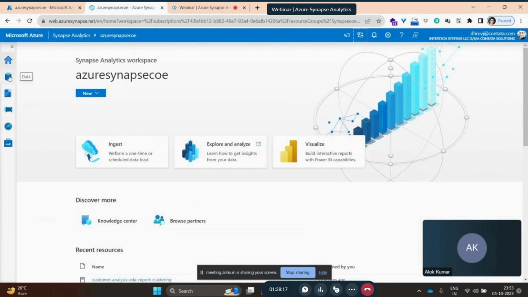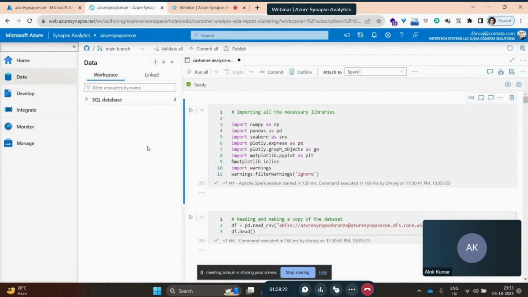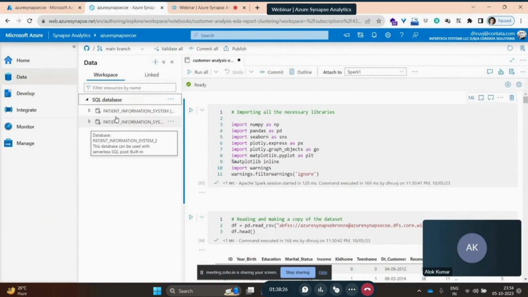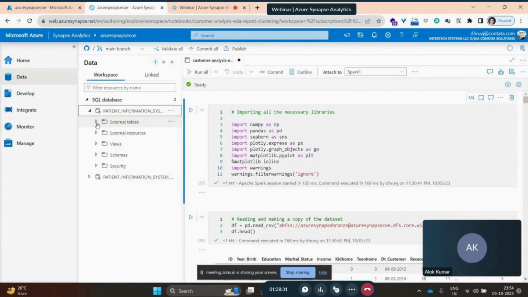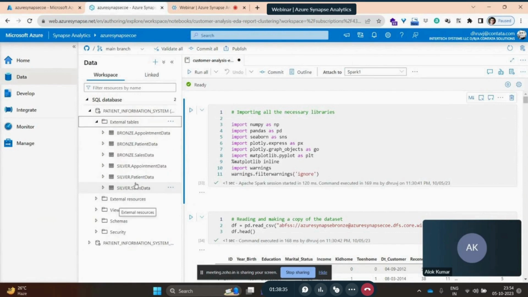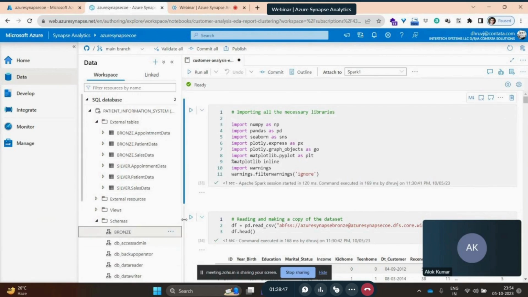I'm quickly getting down to the data tab over here. So the data tab looks like this. It shows you by default the SQL databases that you may have. I have created a patient database. These are the tables inside it. Using a medallion architecture, so I have a bronze and silver layer. And these are the schemas that I've designed. There's a bronze schema, as you can see over here, and there's a silver schema down below. Now I can go look at this table